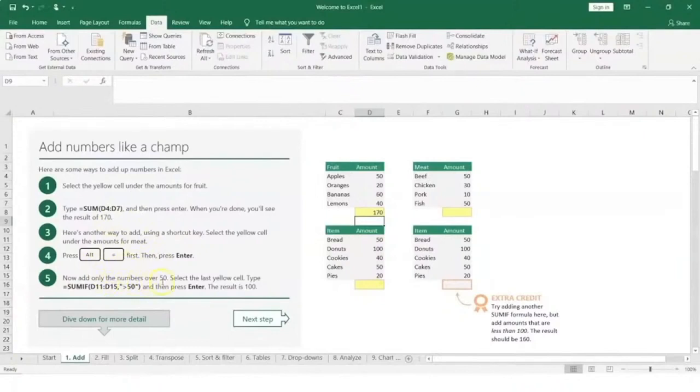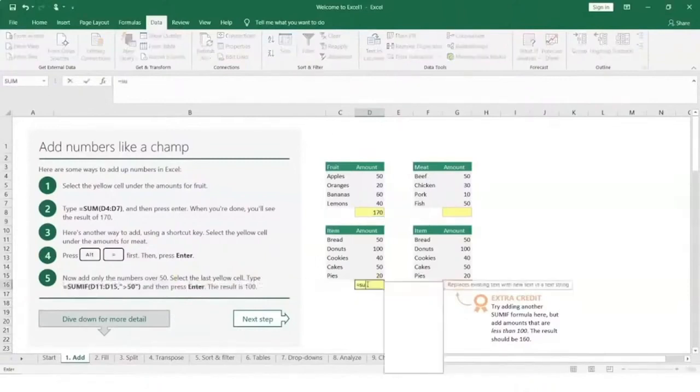Now what we can also do is add numbers over 50 by selecting the yellow cell here, and then giving a condition. So I can basically use something like SUMIF, and then open a parenthesis. I would be interested in this row, and then I can even drag and drop till here. So that tells me D11 to D15. You can then put in a comma here,